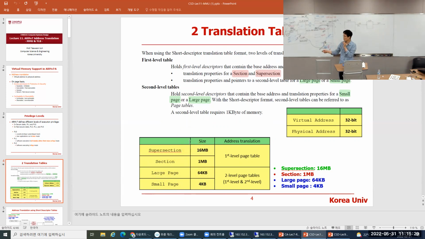Okay. Today we will talk about section translation. Section translation is most simple. That is why we want to talk about it today, and that is also the basis for other translations: super section translation, large and small page translation. We will focus on 1 MB section translation. So virtual address in Cortex A9,